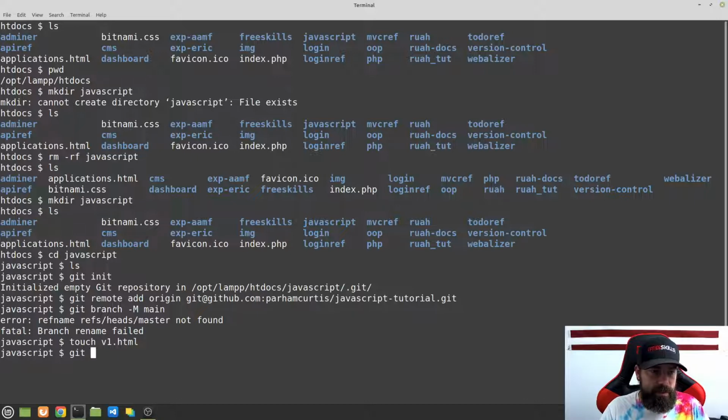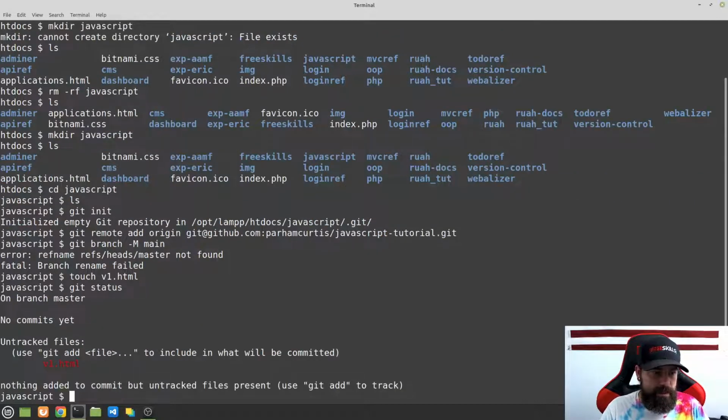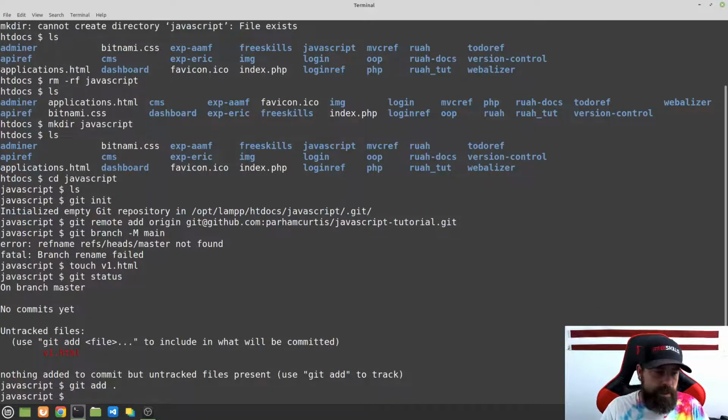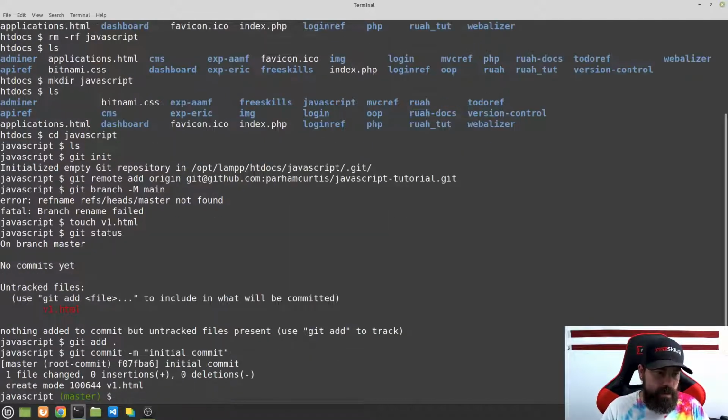Once we've done that, we're going to do a git status here. And it says we have untracked files, so I'm going to do a git add. And then we'll do a git commit -m. And I'm just going to put initial commit. Okay. And then what we're going to do here is we are going to git push